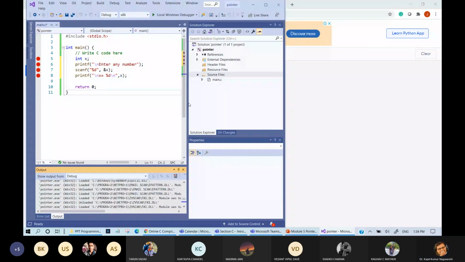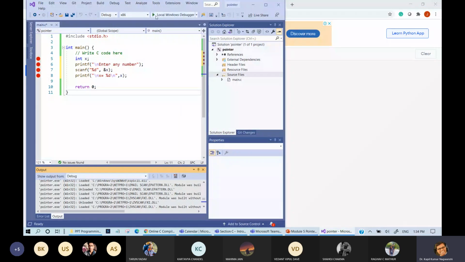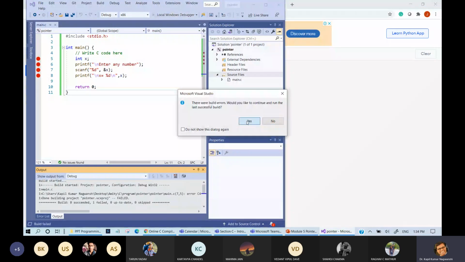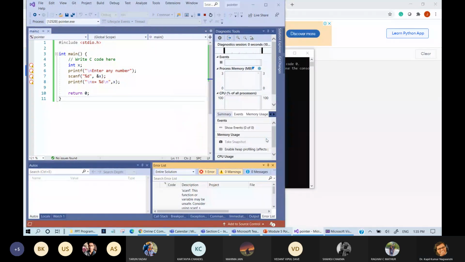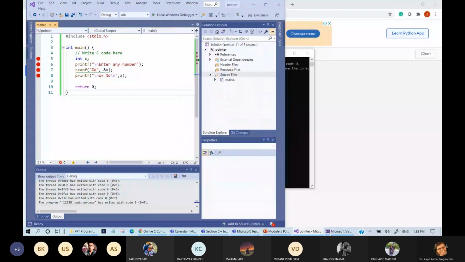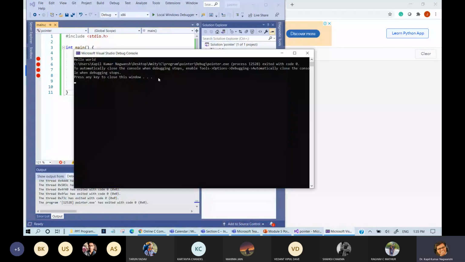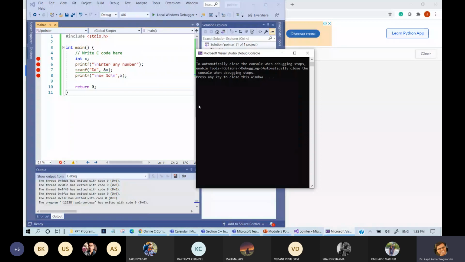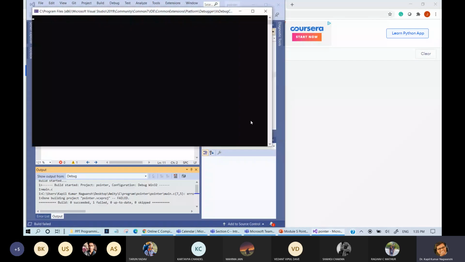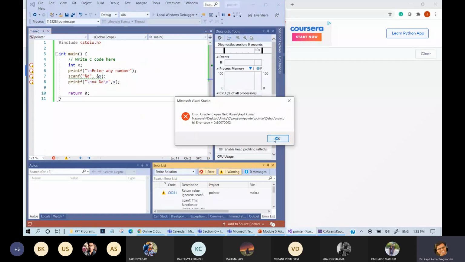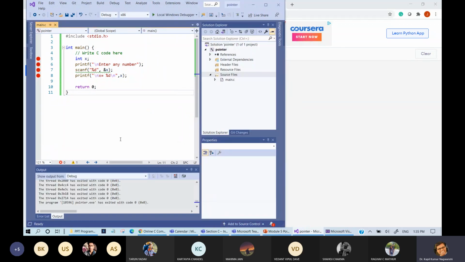This also increases the size. So let us start running this program. Is there any problem in this program? No problem, I think. So this will be closed. Let us now build a separate program.